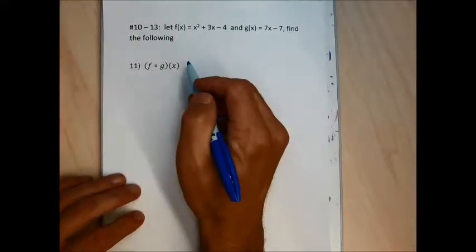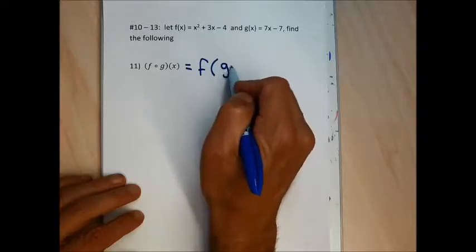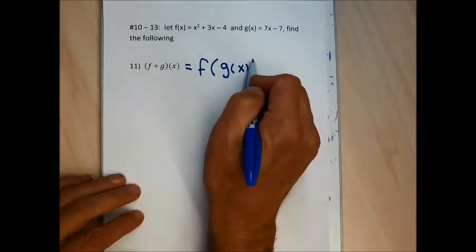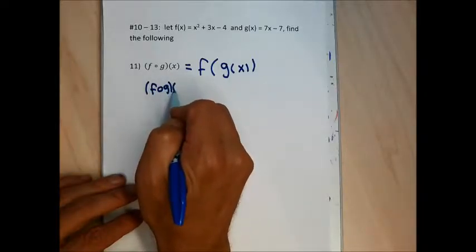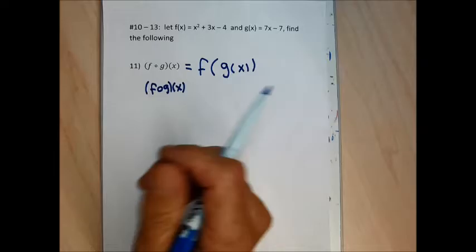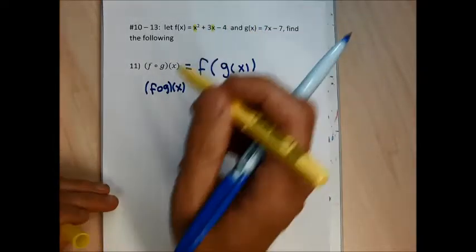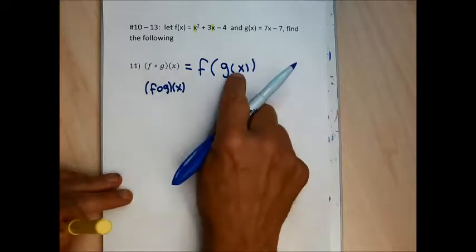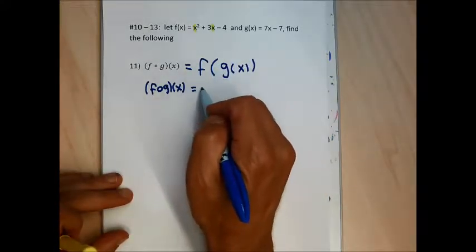Problem 11 wants me to find f composed with g of x, and that just means to find f of g of x. And to find f of g of x, I need to take both of these x's and change them to g of x, because f of anything, you're going to change the x's to what that anything is. So this is going to be